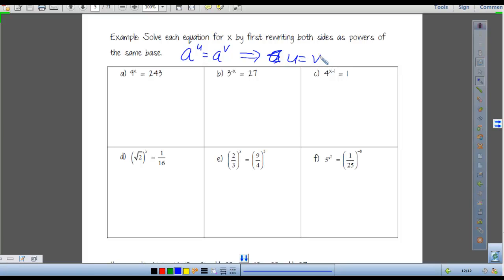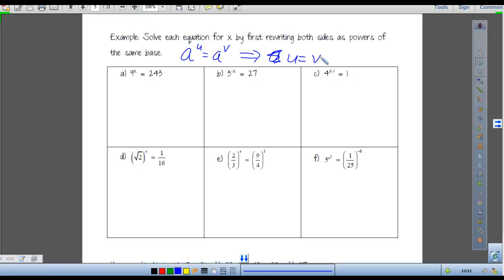So when it comes to solving problems like this, if I can, I'm going to try to write each side using the same base. If I can do that, then that means that the exponents have to be equal, and we can solve it from there. So for instance,